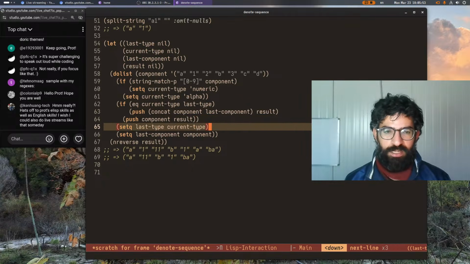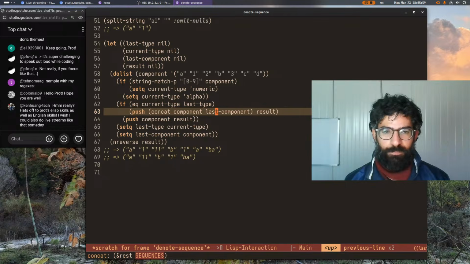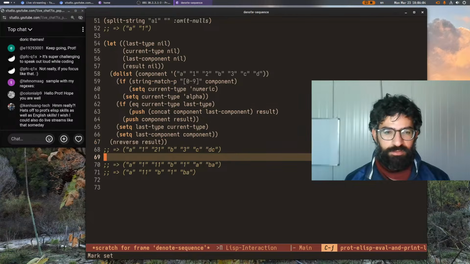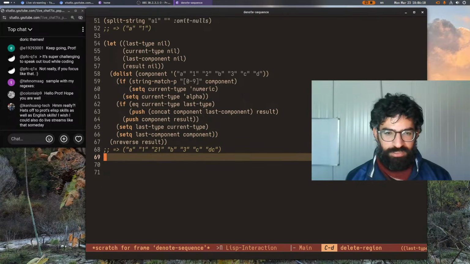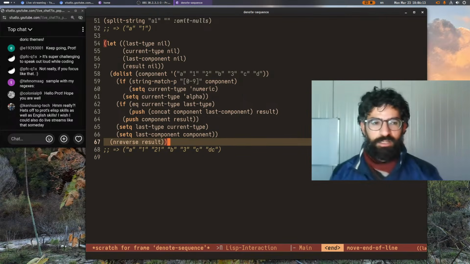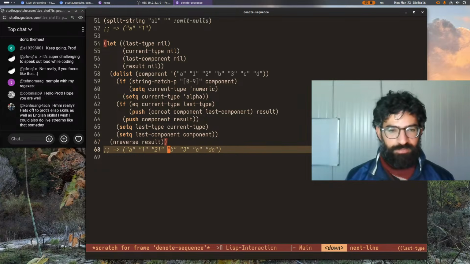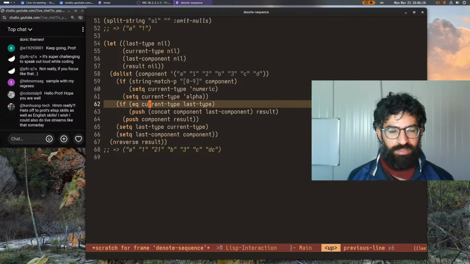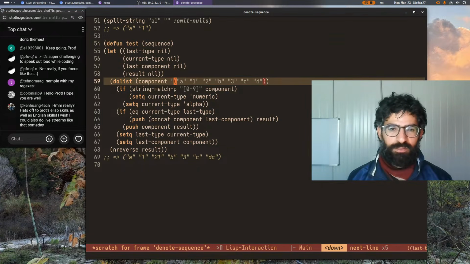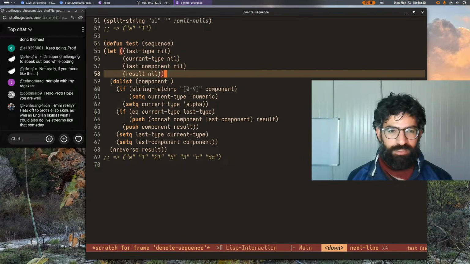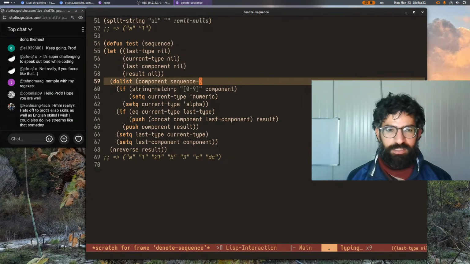Otherwise, we say, I don't see the error, obviously, now. So here, concatenate the component with the last component. Let's have it like this. So here we see clearly the mistake. So we see clearly what I was telling you earlier. Now what we want to do is make sure that this is not happening. So what I will do now is debug it. So let's call it a test and let's pass the sequence now. Or it's the split sequence, but we will have it there, don't worry. Sequence split